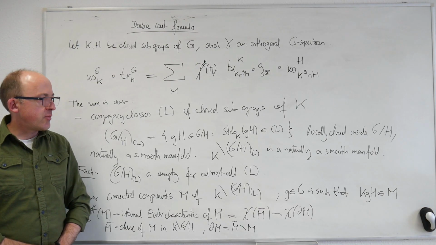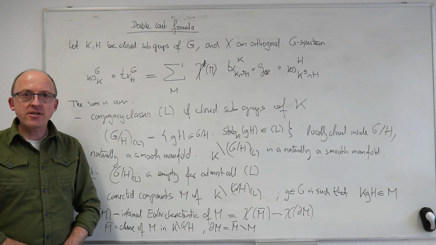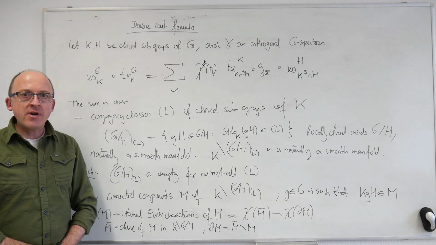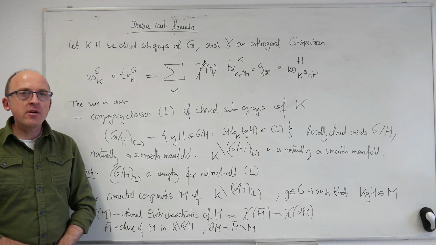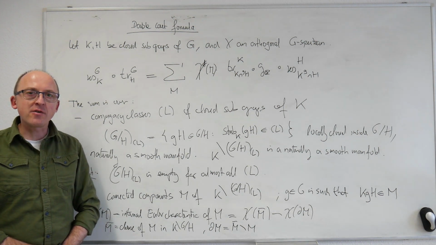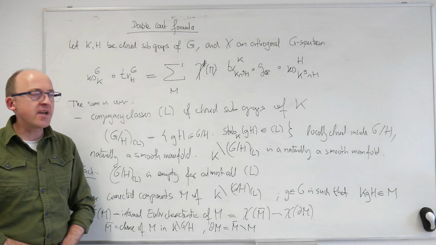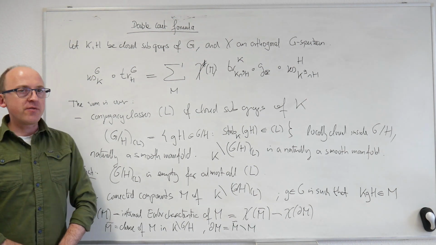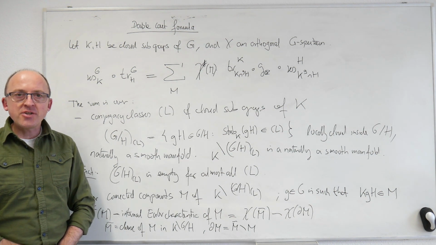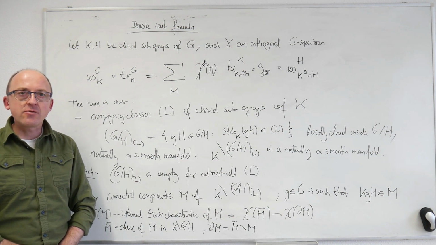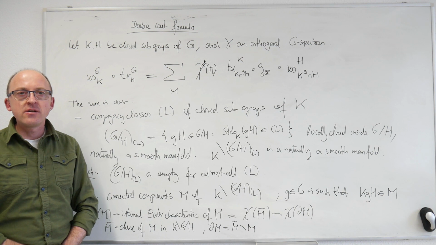So this is a good point to end this third lecture. Next time I will go through a few examples of the double coset formula, both of the simpler one for finite groups or finite index inclusions, and also an example of the general double coset formula. In particular, the general formulation is quite abstract and not so easy to grasp, so I think it's a good idea to see an